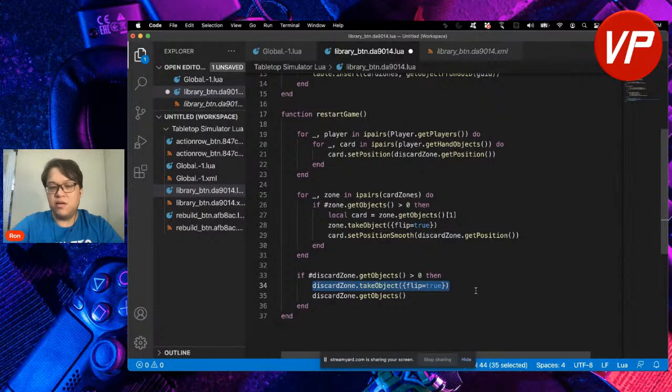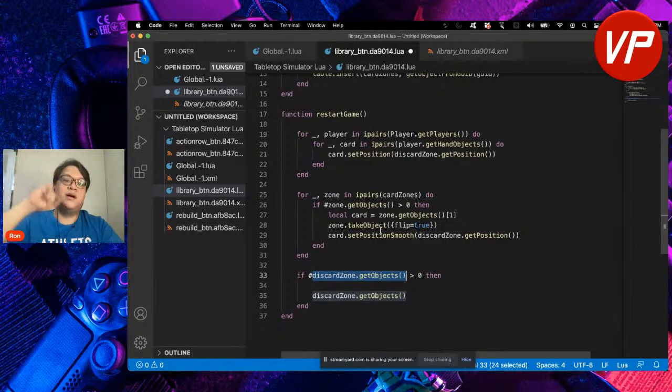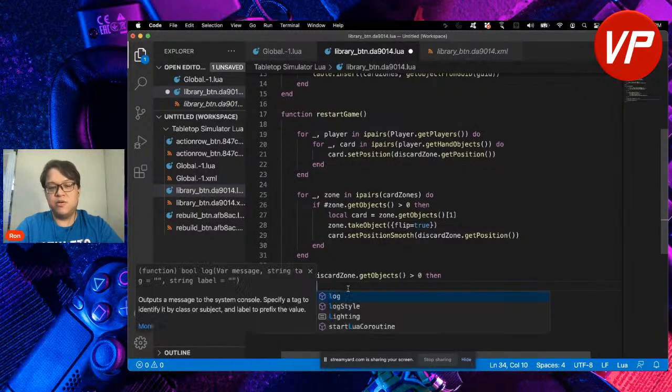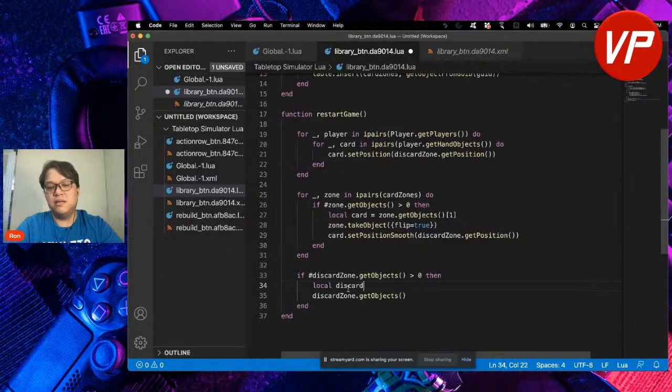In fact, when you do get objects, unlike take object, which is actually just taking one card from that zone, with get objects the whole deck is an object in the game. It's combined, that's why it's grouped, right? So you start out with get objects. In order for us to get the discard, let's just do local net discard